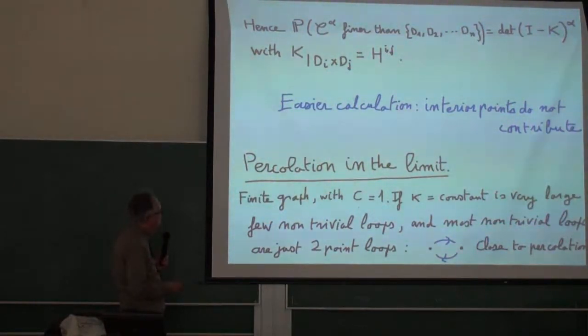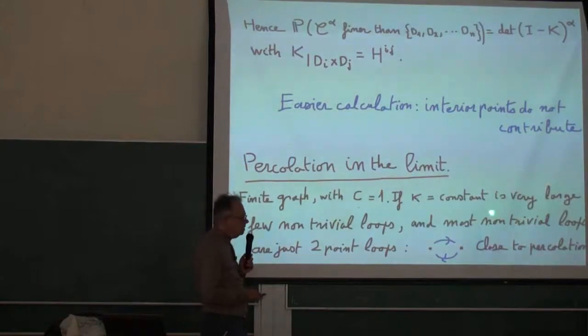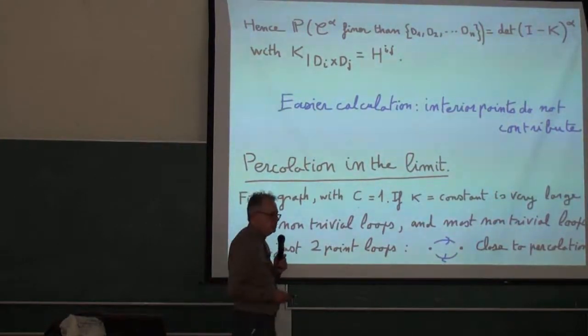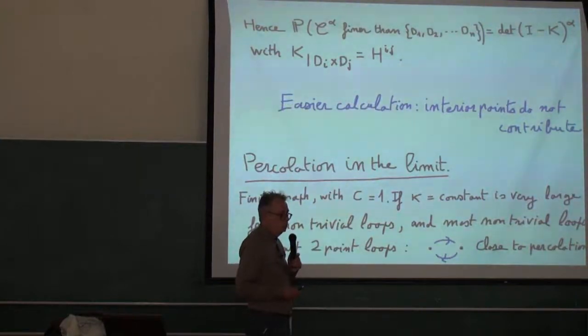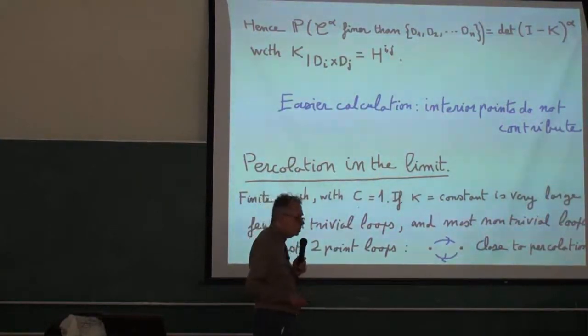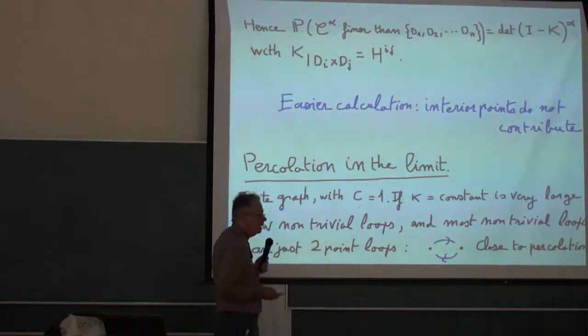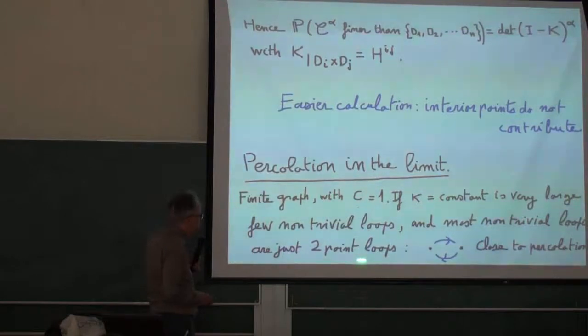Moreover, from this calculation, you see that the percolation model can be viewed as a limit of this model. So the idea is the following. If you take a finite graph with unit conductances, and you take the killing rate to be constant and very large, it means that long loops have a lot of difficulty to exist. So basically you have trivial loops. And the next, which don't have too much difficulty to exist, are the 2-point loops. So those would just go and return between 2 points,